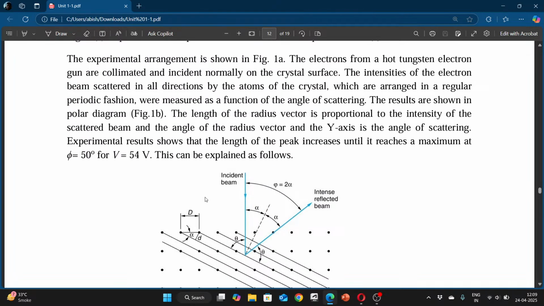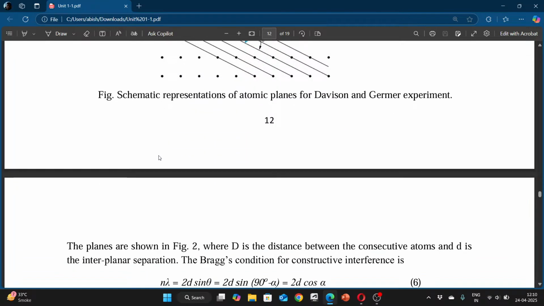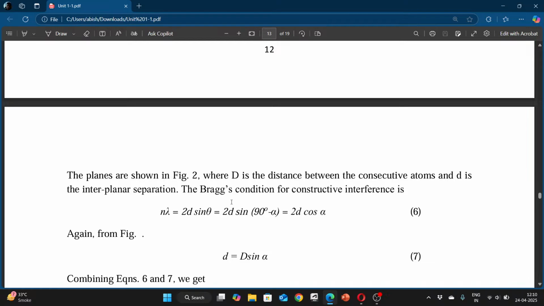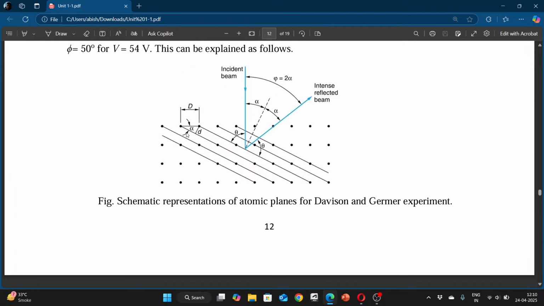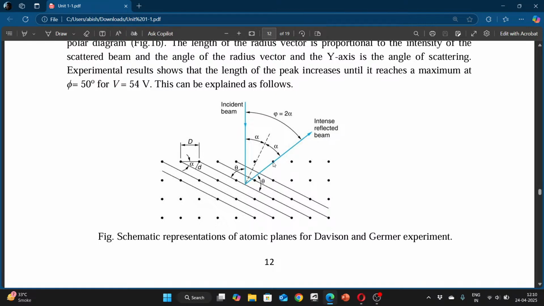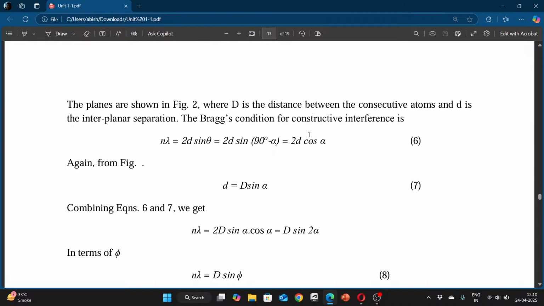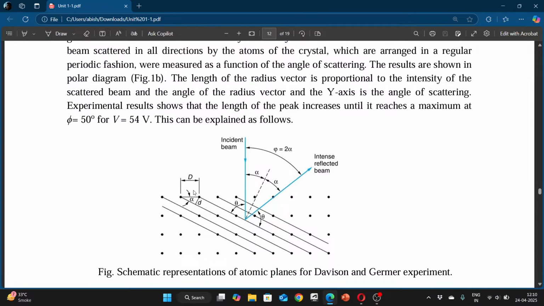Now the planes are shown in figure 2, where D is the distance between the consecutive atoms and small d is the interplanar separation. तो ये planes के बीच में और ये atoms के बीच में। The Bragg's condition for constructive interference: n lambda equal to 2d sin theta, जो अब optics में पढ़ता है, 2d sin of 90 minus alpha, because ये 90 है पूरा प्लेन के साथ, तो theta 90 minus alpha, तो जस्ट 2d cos alpha. फिर इससे समझ आता है कि जो d है, वो D sin alpha ना, तो d इक्वल टू D sin alpha इधर से आ जाता है।